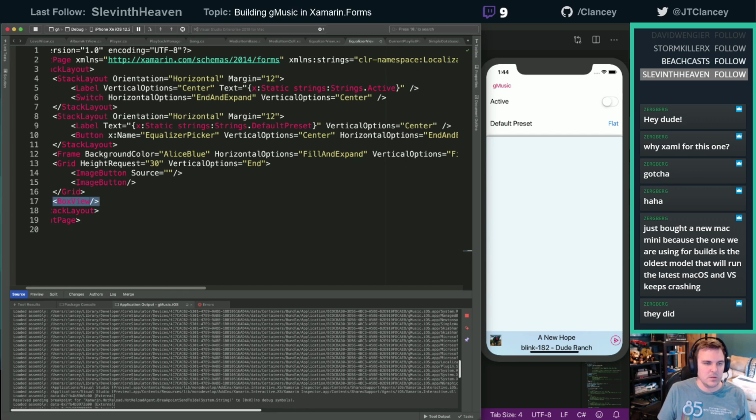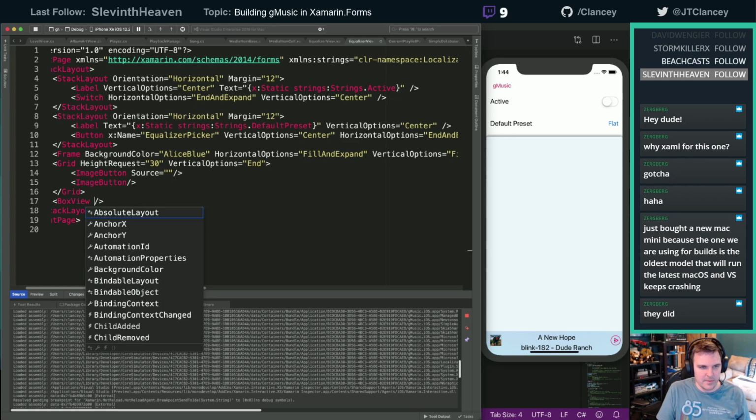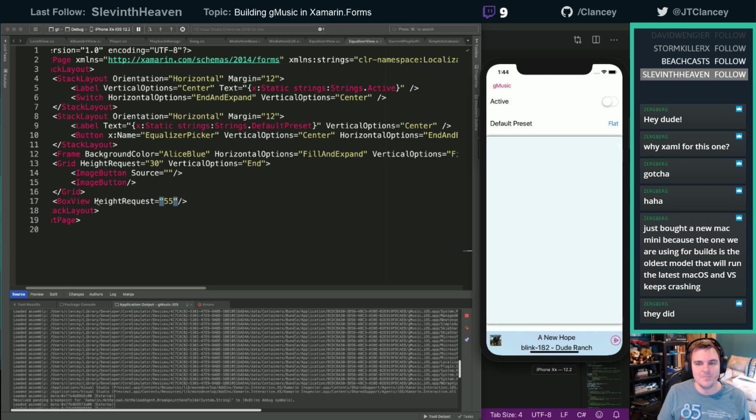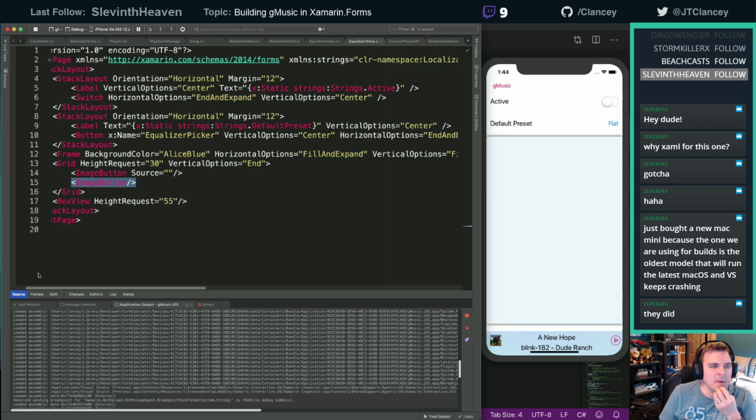And then let's put in another box view. And this one is going to have a request of 55. I think that's what it was. I need to find out what that height is, so we offset this entire bottom from that.